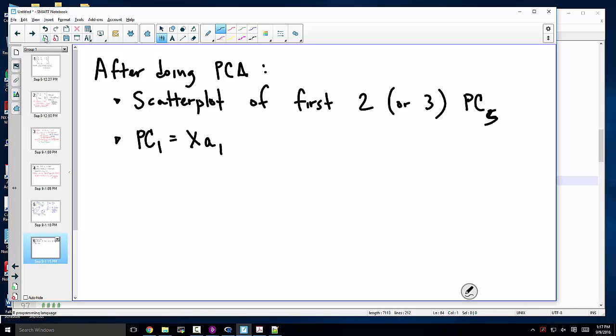Or it might be a weighted average. Some of the variables might have bigger coefficients than other ones, but they're all positive maybe. So it's still like an average, but you're weighting by different constants. Or there might be contrasts in the code. Suppose the first few variables have big positive coefficients and the next few variables have big negative coefficients. Then that would tell you